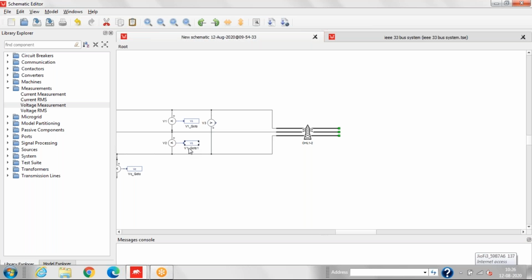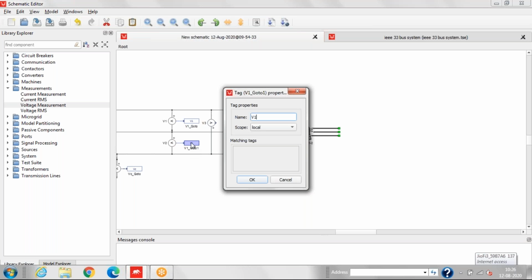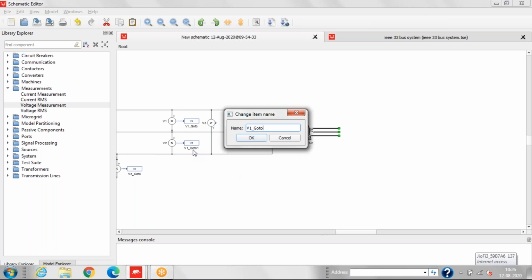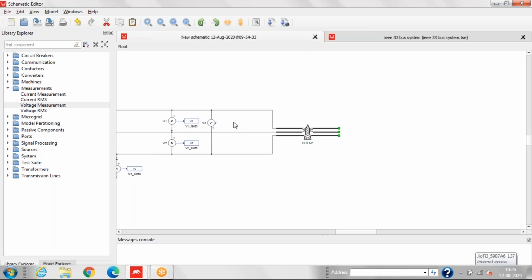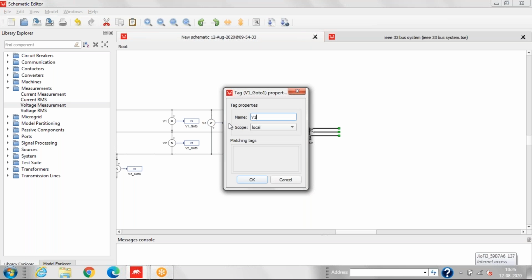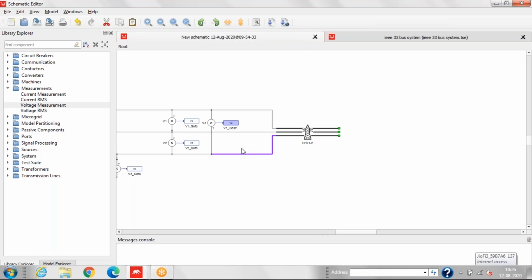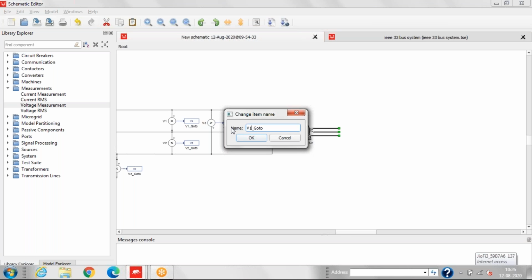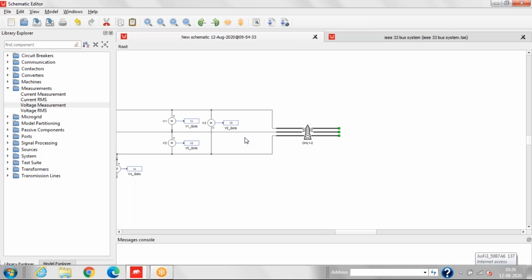We can copy using Control C, or we can just right click and go to copy. So done for the line measurement.